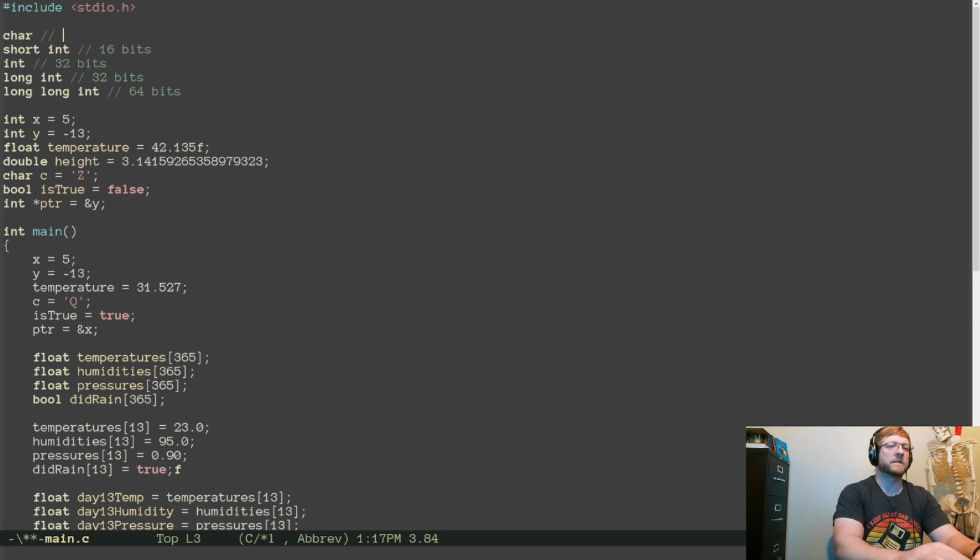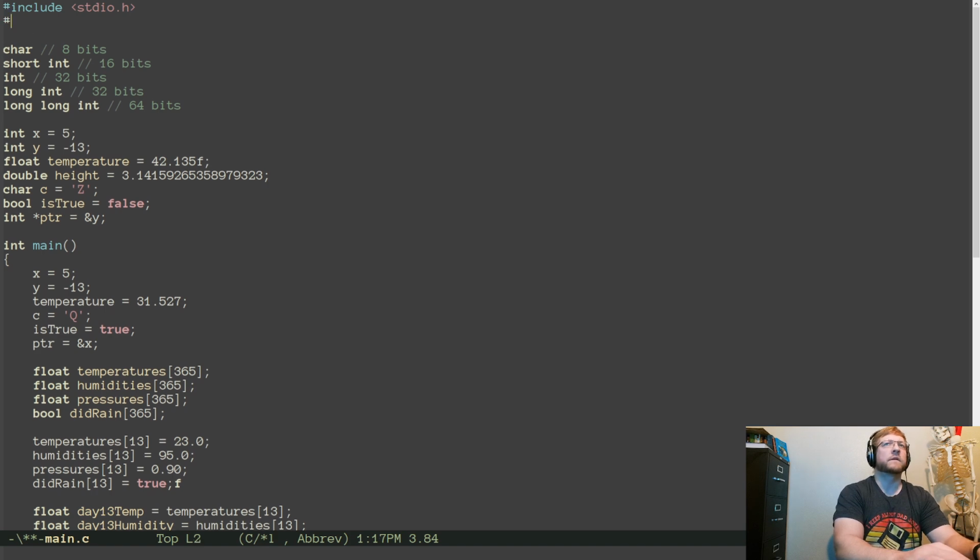A character tends to be 8 bits. So what I usually do, I mentioned earlier I don't use the basic data types very often in C. I tend to include stdint, and instead of char, if I'm talking about a number, unless I'm talking about an actual character, I'll use that. And instead of using short int, I'll use int16_t,